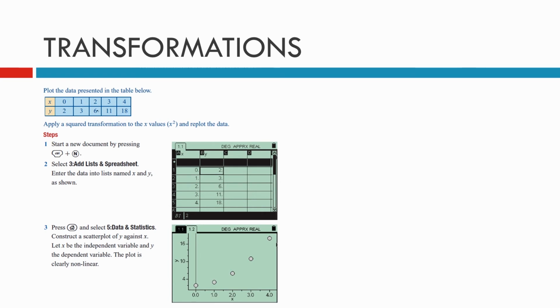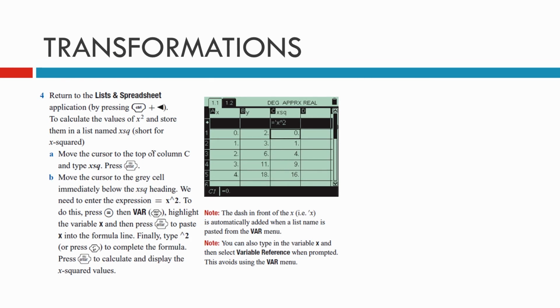Now there are all your calculator steps, of course. We'll just quickly talk them through. Right, x and y in our lists and spreadsheets, we typed in our values. We did our scatter plot down the bottom. This line over here is because it's showing that it's on the 0. X is 0 there, not right on the y-axis. Okay, so very important. Right, then we went back to the calculator and we typed in this equation to square